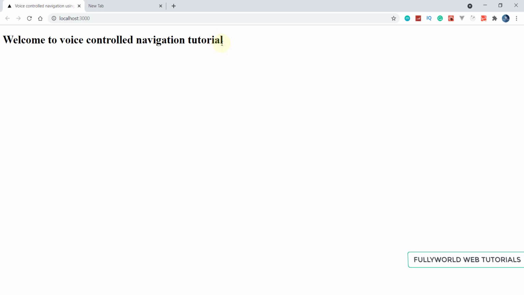Now see that this text is not looking good, and we haven't added Bootstrap yet. So now we will install dependencies. Two dependencies we will install. First will be our React Router DOM, and second will be our Bootstrap, because we are going to make navigation with the help of Bootstrap and React Router DOM. So now let's get started and install our dependencies, and let's go to our VS Code.